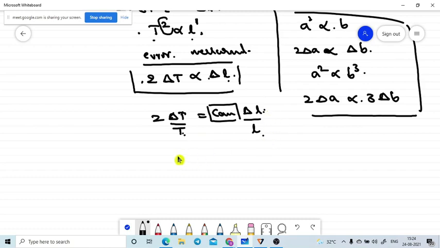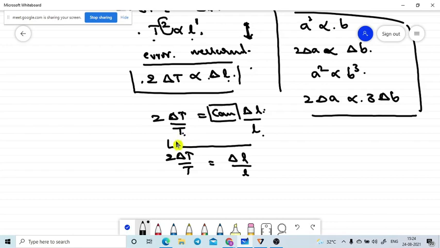This is the formula. So then 2 delta t by t is equal to delta L by L. Some of the concept that I am having in between these, from this to this, I am not introducing here. After this we are introducing the same error. I am measuring the error with respect to the initial error. So that is the percentage.